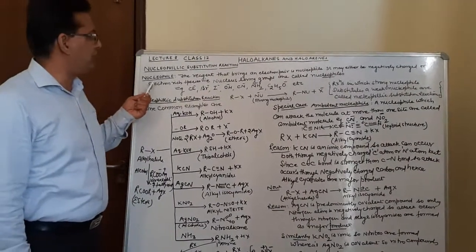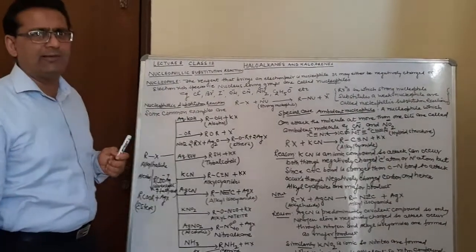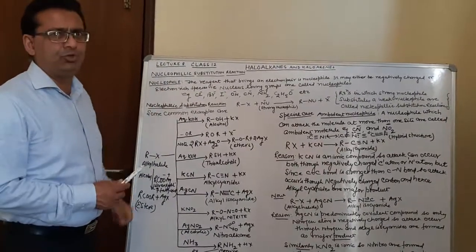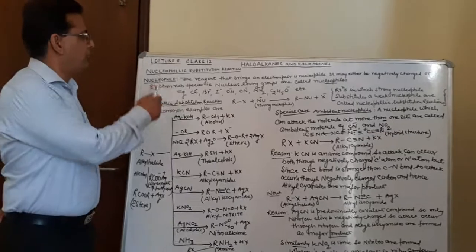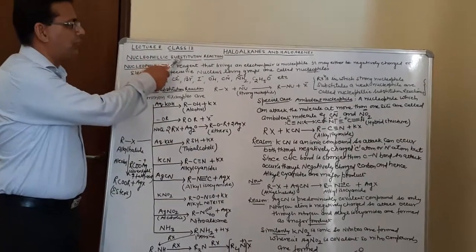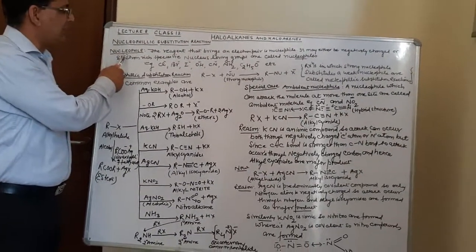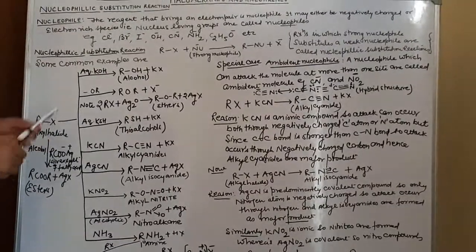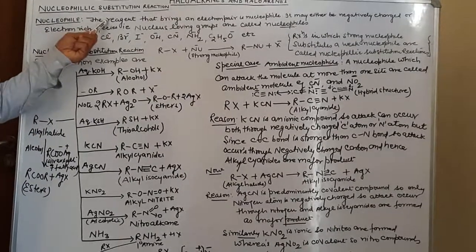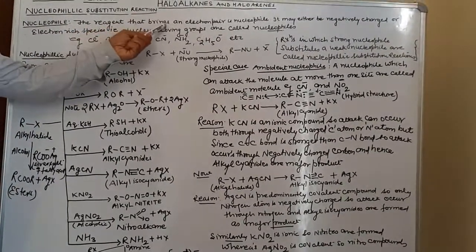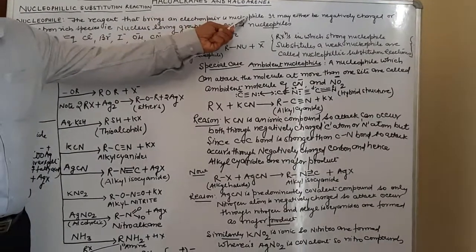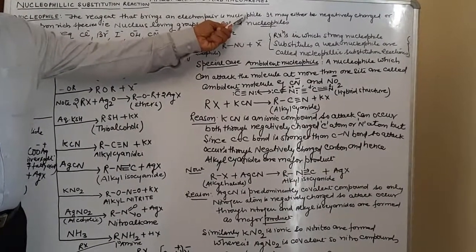Now, the third very important property of haloalkanes and haloarenes is nucleophilic substitution reactions. Before we start discussing nucleophilic substitution reactions, we must understand what a nucleophile is. You have studied this in class 11th also. What are nucleophiles? The reagent that brings an electron pair is called a nucleophile. So nucleophiles are basically